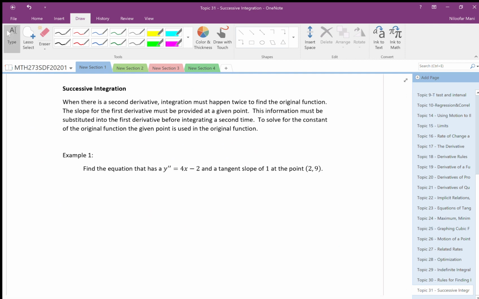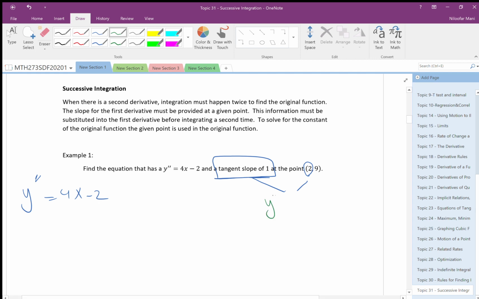So successive integration, as I said, for example, I give you the second derivative and I want you to find the original function. In this case, I want you to read the question carefully. Find the equation that has this second derivative. Oh, okay, here I have the second derivative. The second derivative is 4x minus 2, and the tangent slope is 1 at that point. The meaning of this part, tangent is 1 at this point, is this: